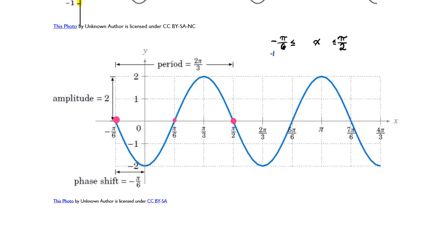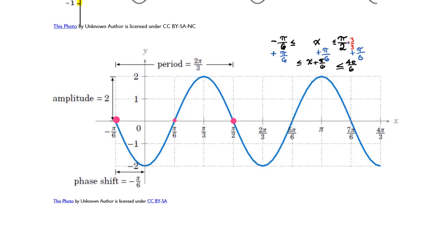So let's go ahead and add pi over 6 to everything, and get a common denominator with the pi over 2 here. That's going to be a 3 over 3. So I'm going to have a 3 pi over 6 plus a 1 pi over 6, which means I'll have a 4 pi over 6 on the right, and x plus pi over 6 in the middle,